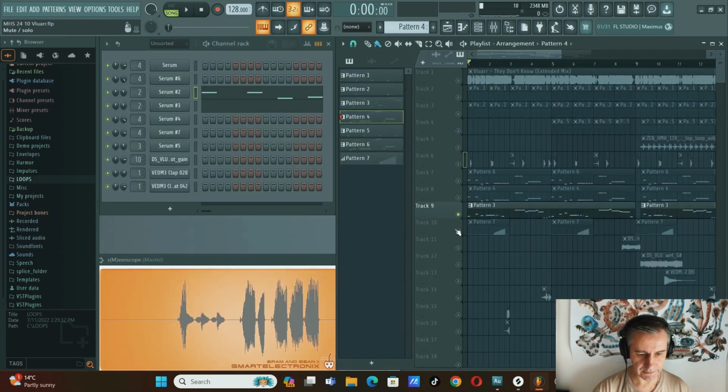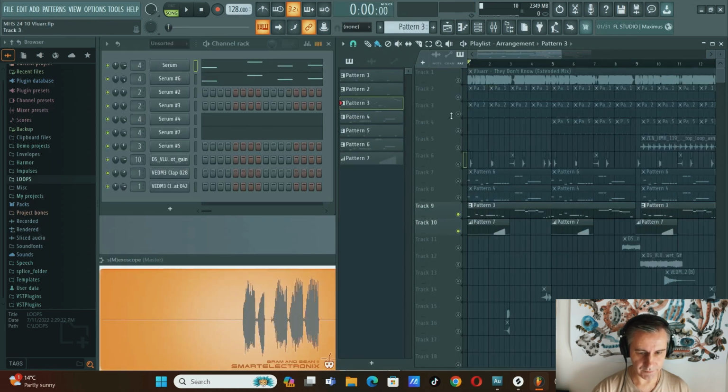Something like that. And we have the main part. We have 4 layers of the main lead. It's something like a lead or pluck. I don't know how it's called right.